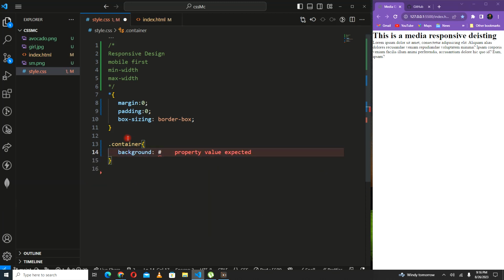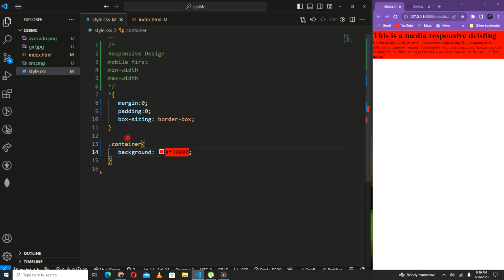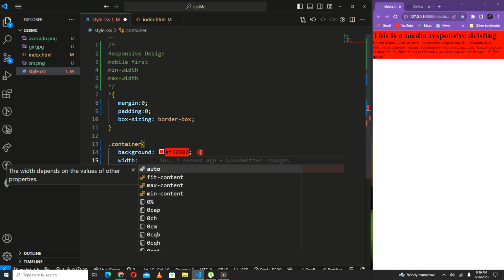Of red. Of course, you all know I already love red. So, of course, you may like orange. And then I'm going to give it a specific width. All right. So the width, I'm going to call it